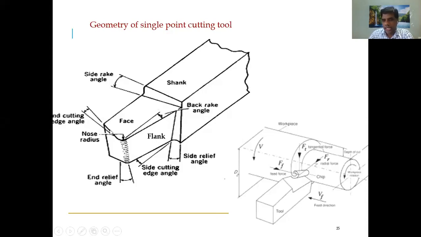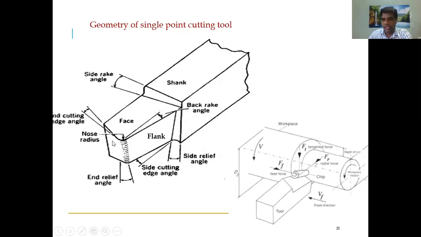And here you have one more surface. So this is a cutting edge, and below this cutting edge there is a surface. Maybe you can see it on the other side. So this is one surface at one end, and at the other end there is one more surface. This surface also is touching the workpiece, right? Maybe it is touching the finished workpiece. So this is also called a flank. So this is a flank, and this is also called a flank.